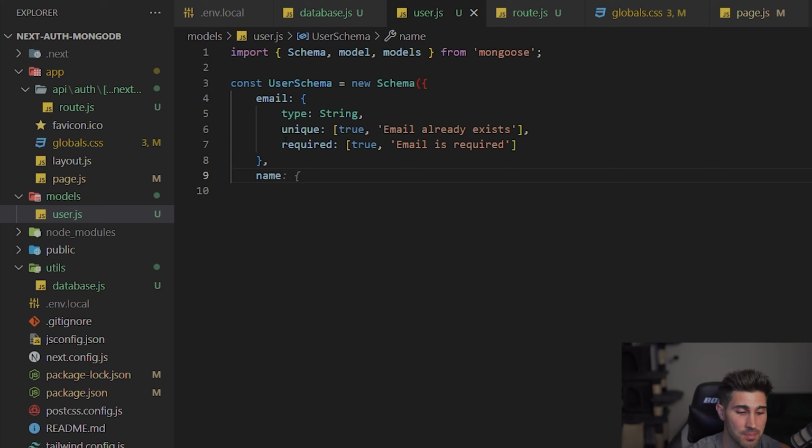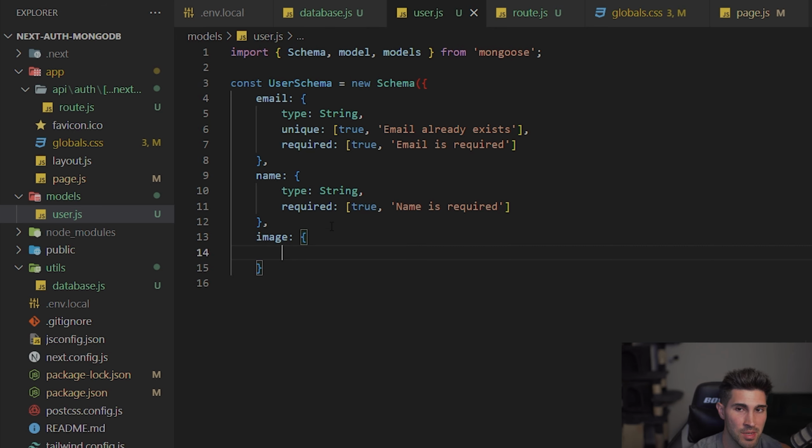Now we're going to have a name, and the name is going to be like that Brett Westwood. And we're going to have a type as a string, and it's going to be required true, and then it's going to say the name is required if it's false. We're going to have another comma, and we're going to have the image. In the image, it is all it is a string, like a JPEG. So whatever the full URL is, .jpeg, .png, whatever the image is, it's a string. So now let's close this schema by going like this,